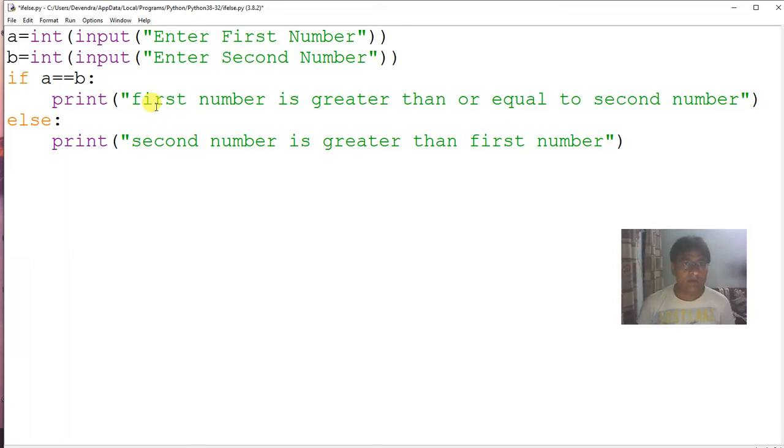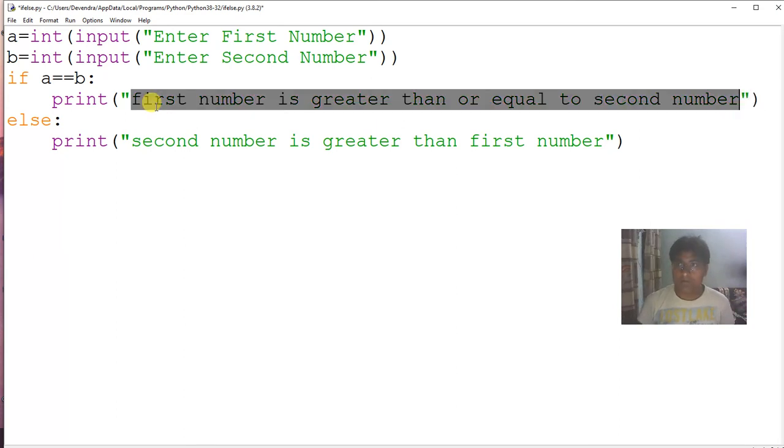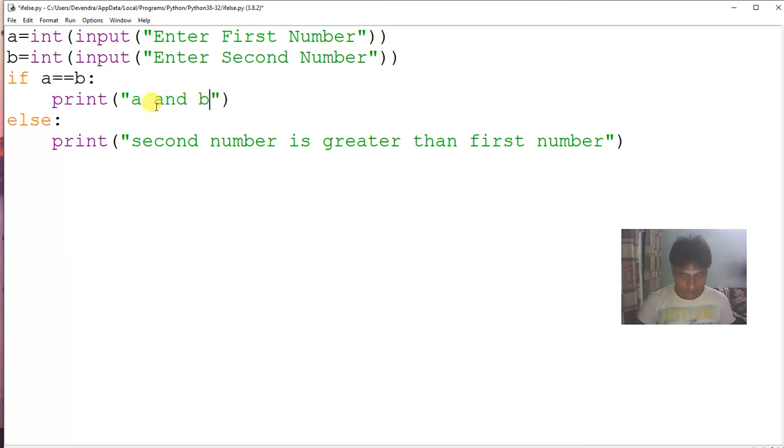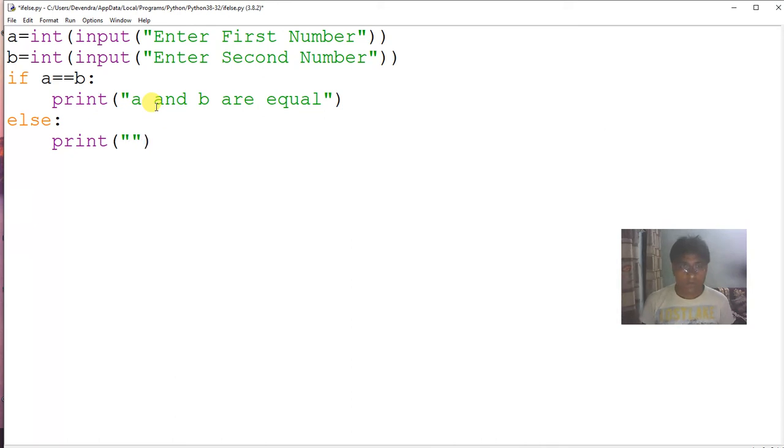Then I can print a and b are equal, and for else I will print a and b are not equal. So let's execute this.